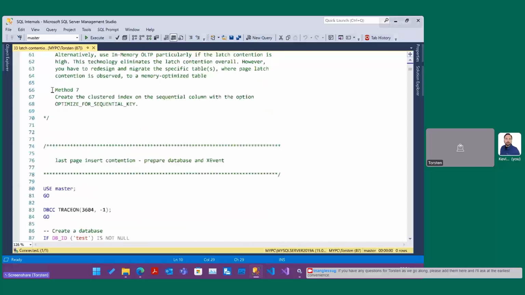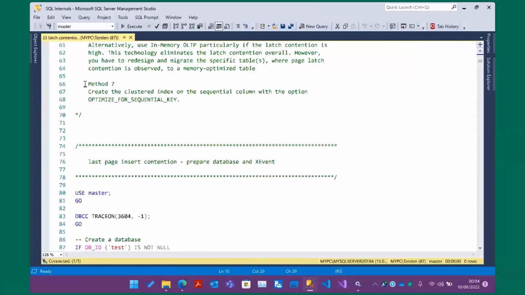That is the reason why I started my own investigation: to demonstrate, first of all, what page latch contention is, and then also to show some solutions to reduce page latch contention or completely eliminate it. So in order to